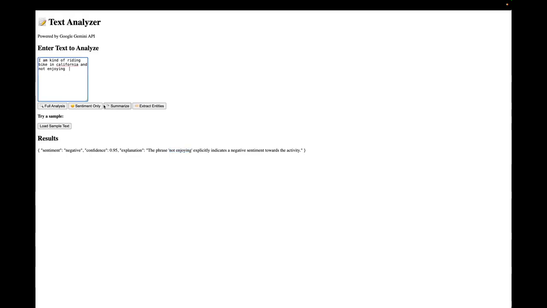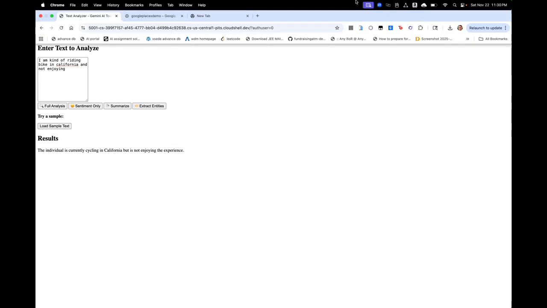Now we will focus on the next feature of this project, which is called summarization. It will basically give the summary of all the content. The summary is: the individual is currently cycling in California but is not enjoying the experience. If the paragraph is 100 words long or 1,000 words long, it will just give a summary in 2 to 3 lines. Let's say if I write I'm in New York,